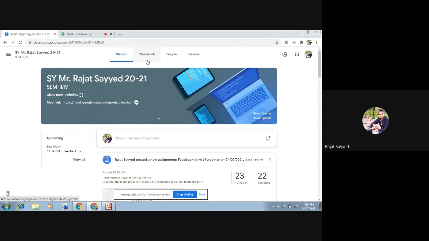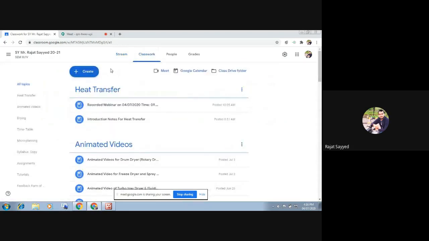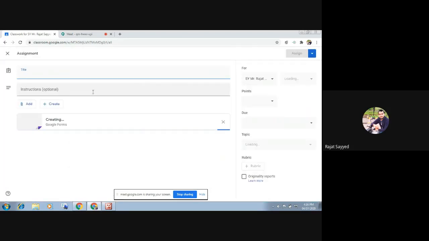Google Classroom, as I said earlier, provided us a platform where we can take objective assignments. Google has provided different apps, and we can merge those different apps into one app that is called Google Classroom. So if we want to conduct an online examination or objective online examination, Google has also provided the same. You just need to click on the create button and you will get n number of tabs here. You have to click on the quiz assignment. As soon as you click on the quiz assignment, it will open in a new window.